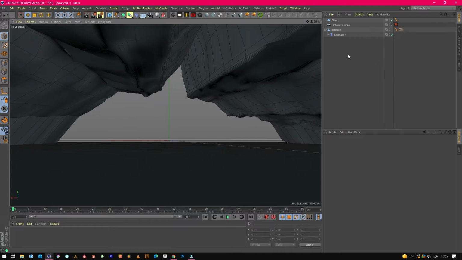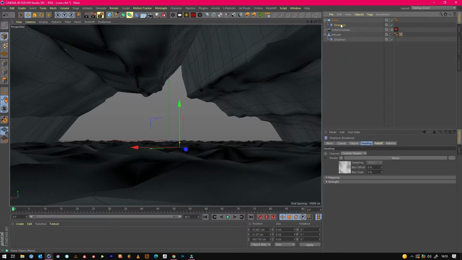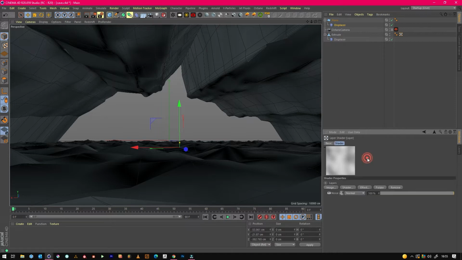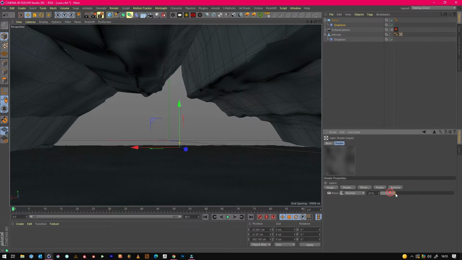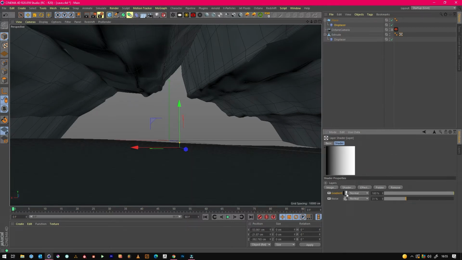So with the ground we can do pretty much the same, so we can just control and drag down, throw this onto the plane, and for this we'll go to layer, keep this noise just quite subtle, and then we'll add another shader. We will add a gradient,